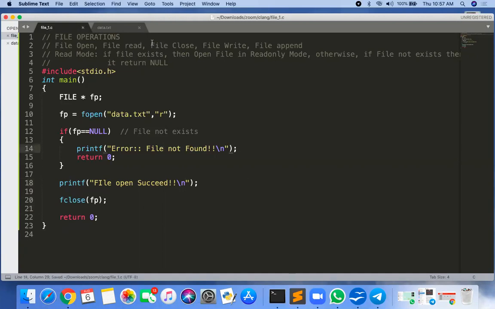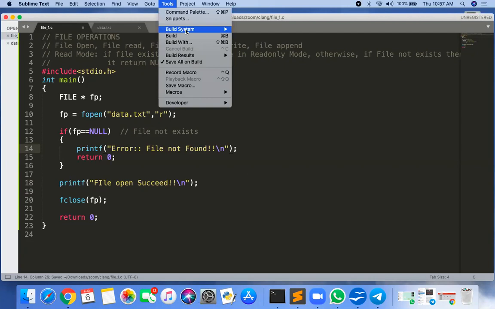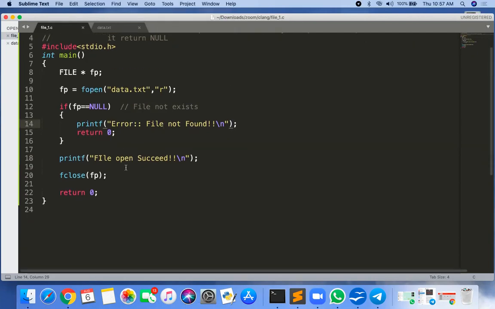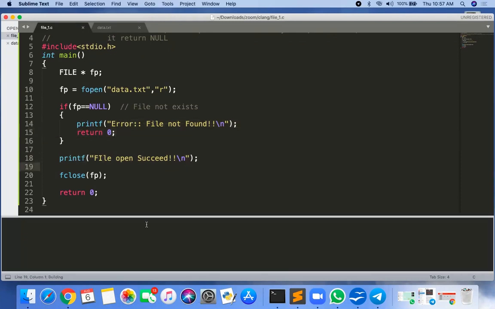Okay, so we'll run this program and check that if the file exists, then it will print file open succeed. If the file does not exist, then it will print file not found. So I'm running the program and we'll check what my output is. Okay, file open succeed is my output.